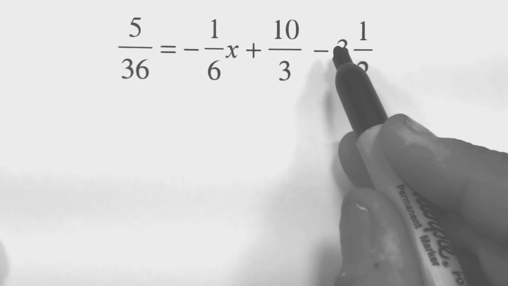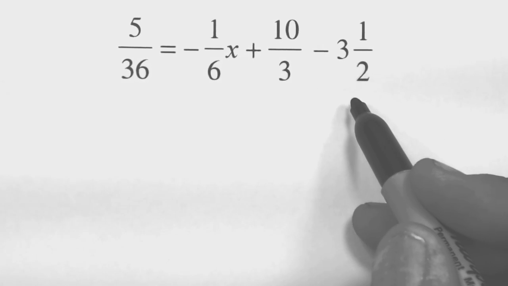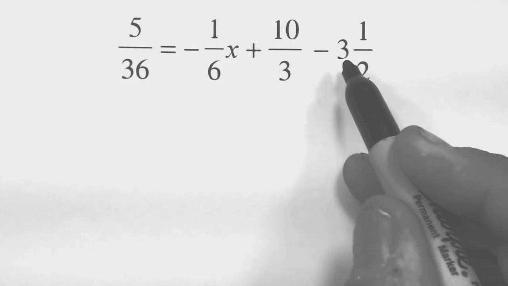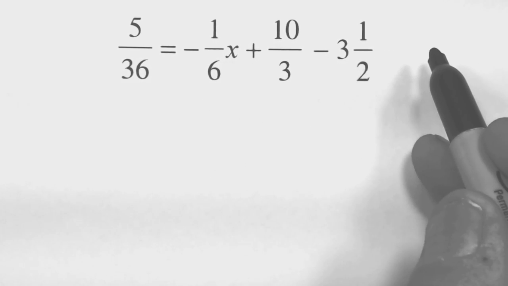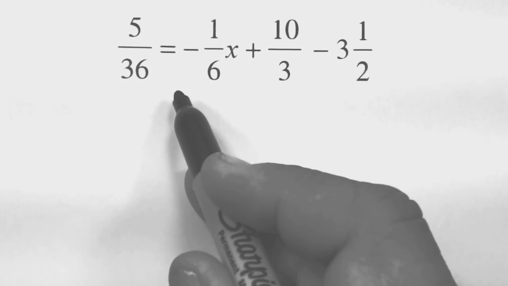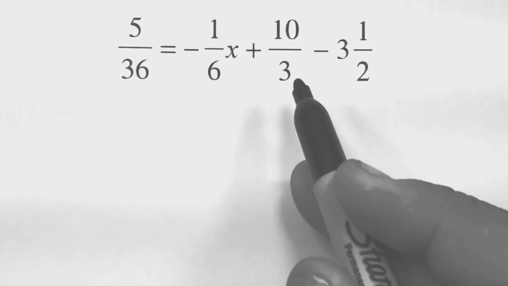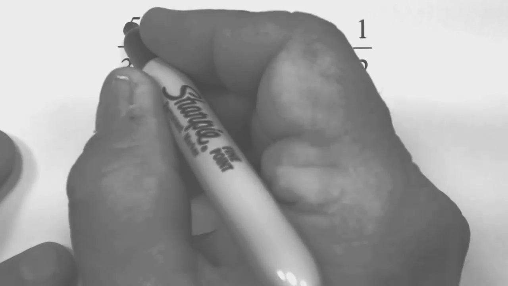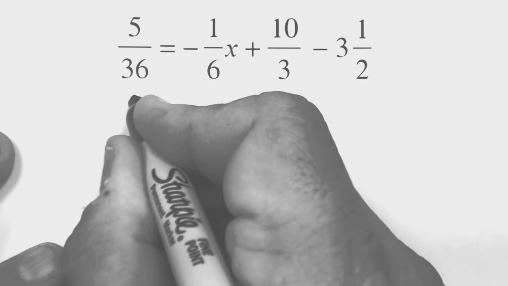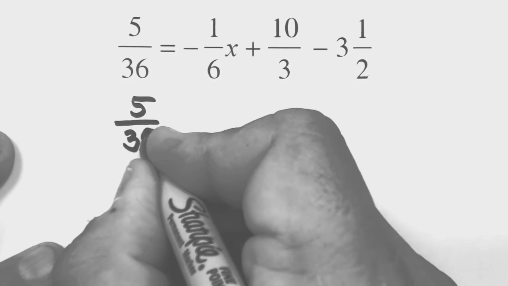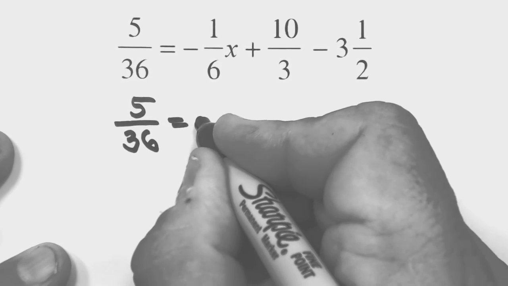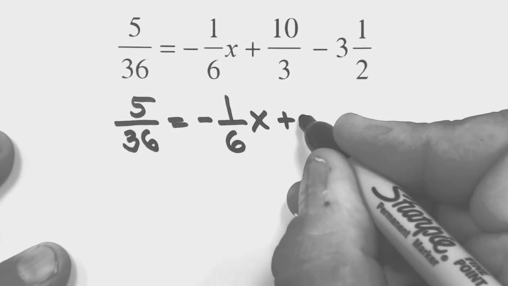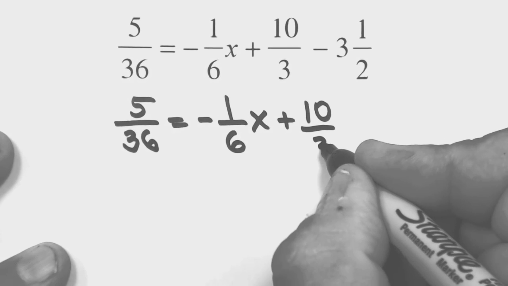Now, the best thing to do in solving equations is to take mixed numbers and convert them to improper fractions. Okay, then you can handle everything the same way all the way through. All these other guys are either fractions or improper fractions. So, that's what I'm going to do first. Let's rewrite this guy. I've got 5/36 on the left equals negative 1/6 x plus 10/3, and then we have